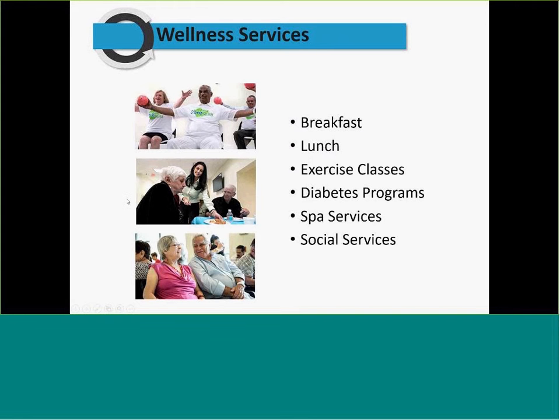In addition to all the services that we provide medically, we also have, adjacent to all our practices, what are called wellness services or wellness centers, in which we like to engage our patients, keeping them in a social setting. I don't like to call it an adult daycare center, but more a social gathering area in which they feel like they're part of the family, they're at home, as well as receiving their medical care,